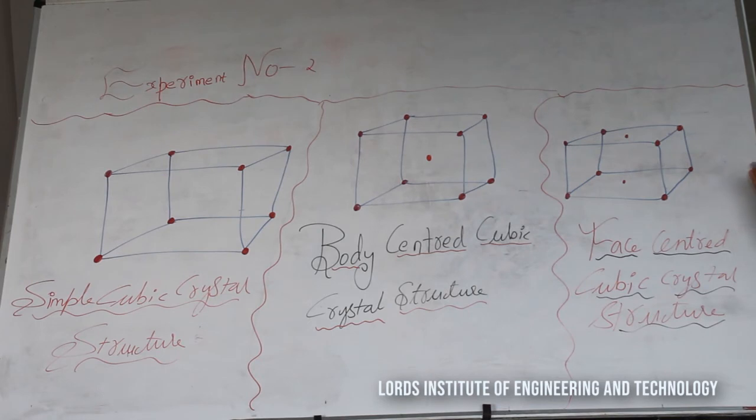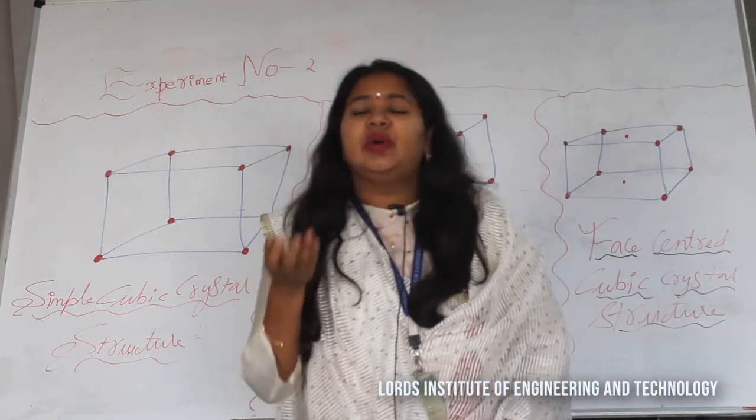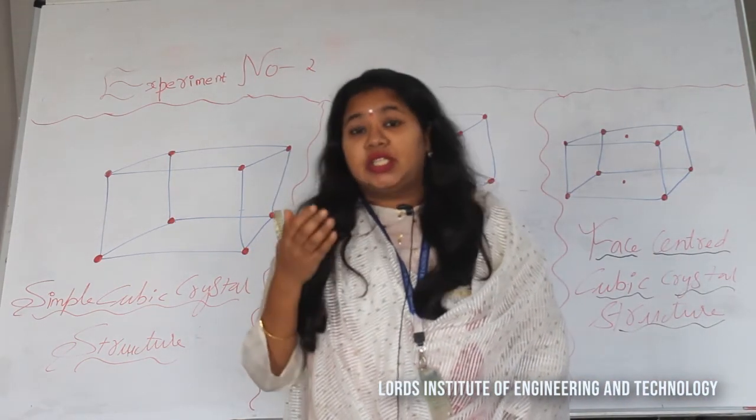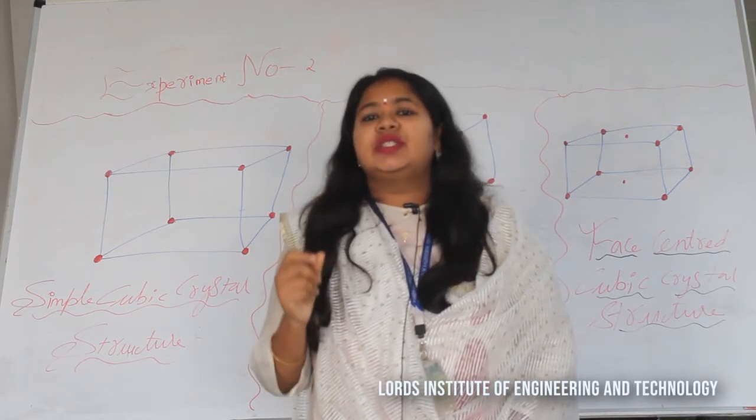So if you start comparing all the diagrams, you will find 8 atoms placed at the 8 corners of the unit cell, and also there is one more atom at the center of the body for BCC, and there is an atom at the center of the faces in the case of the face centered cubic crystal structure. This is regarding the broad classification, and you also find the hexagonal close packed crystal structure, okay? These are the different crystal structures, dear students.